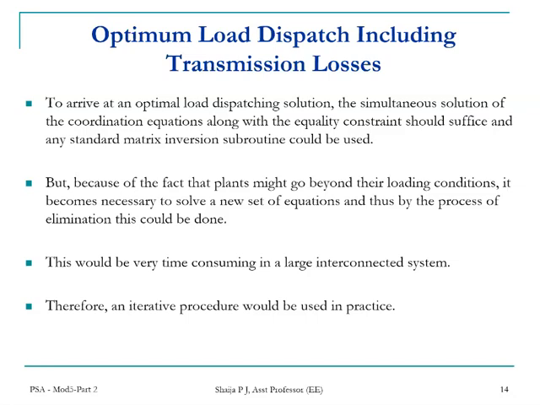So first, we have to find the plant values P1, P2, etc. Then we have to check for the min-max conditions. If it exceeds, we have to fix that. If it is exceeding the minimum value, we have to fix it at P minimum, and if it is exceeding the maximum value, we have to fix it at P max. So that will be very time consuming in a practical large interconnected system.